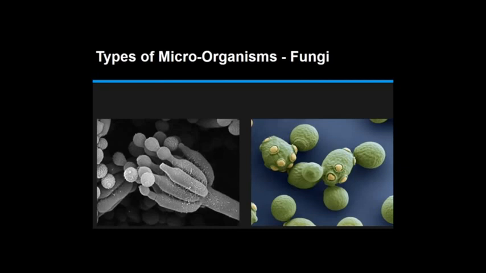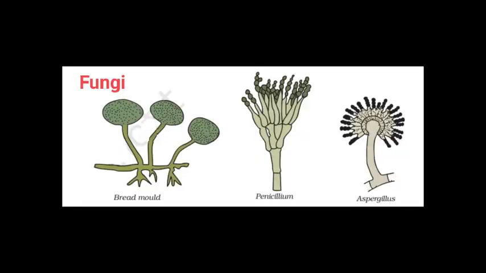In this slide, we are looking at the three-dimensional picture of a fungi, how it looks in real life. That's what is seen here. And in the next slide, we are seeing the two-dimensional structure of a fungi. Basically, the fungi that we know in our day-to-day life is bread mold. The mold that grows on the bread, the blackish grayish kind of thing that you see on the bread when it is kept for a longer time. Then we have Penicillium and Aspergillus shown here.